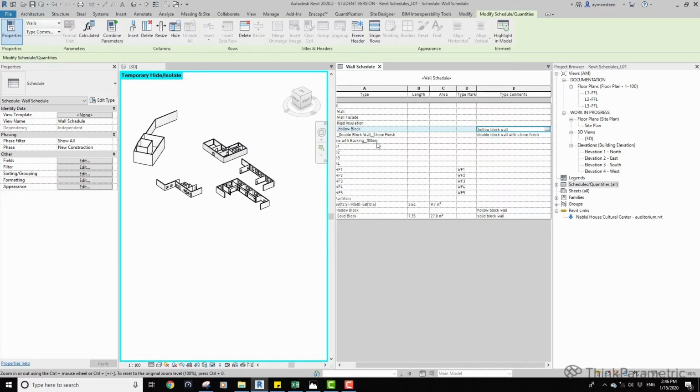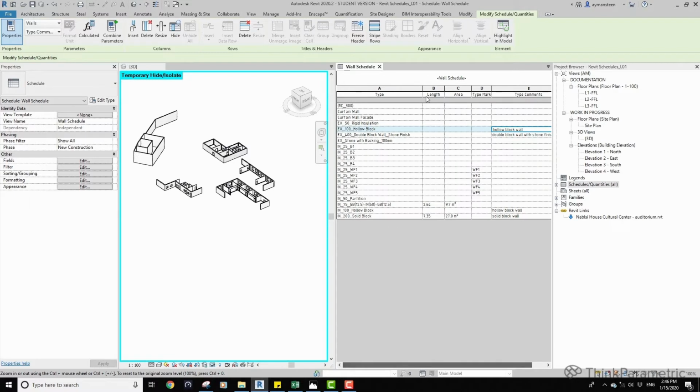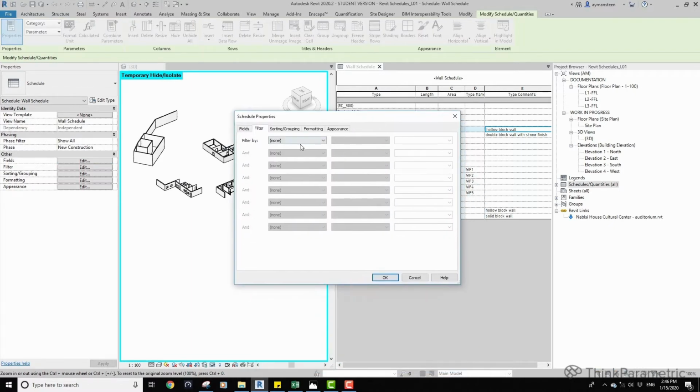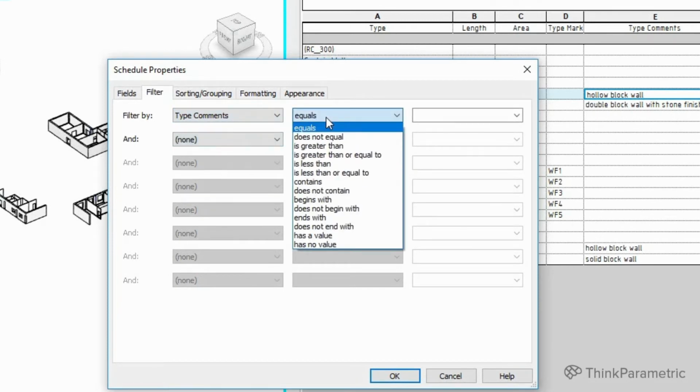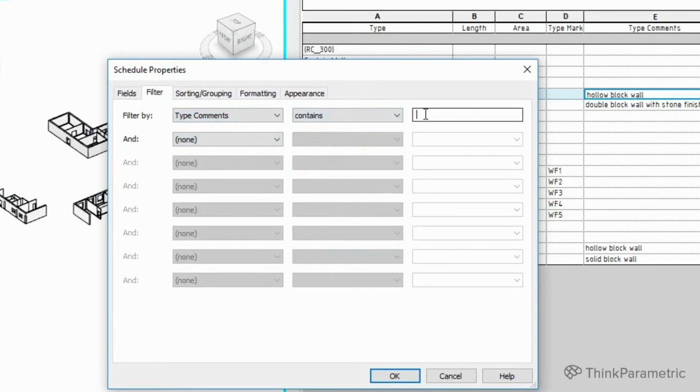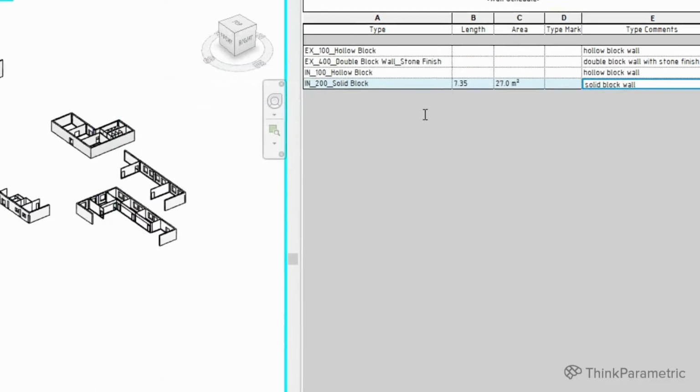This is backing, we don't want it. All of these are finishes. This is wall finishes, and this is bases or skirting. Here's a partition, but it's 50 millimeters, so it's not block. And that's it. Now we can filter and make sure that we are filtering correctly. So again, let's use the type comments and use contains block.